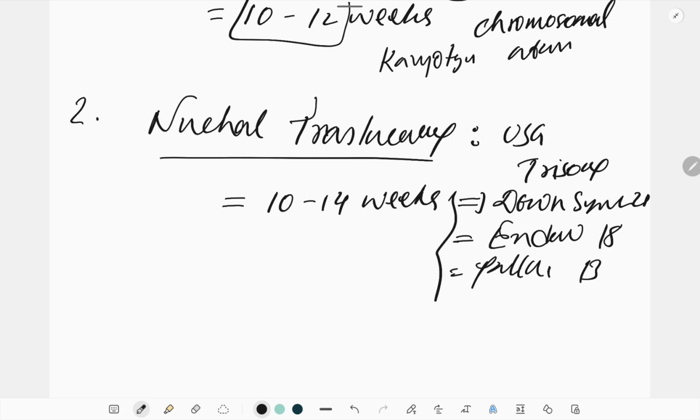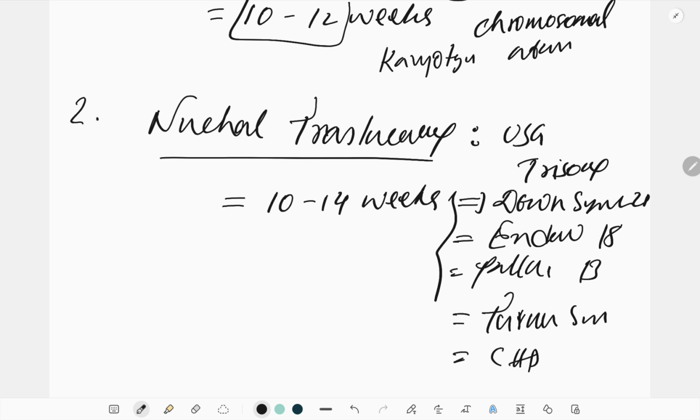As well as monosomy like Turner syndrome and congenital heart disease. In these conditions, the nuchal translucency test is very important, and the nuchal thickness will be